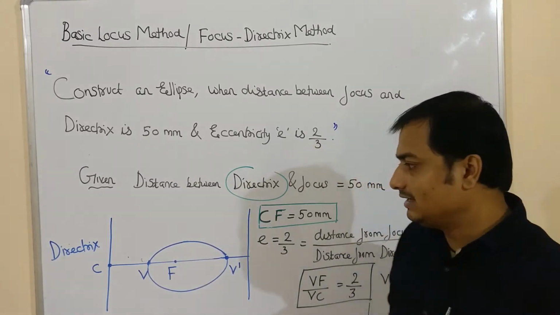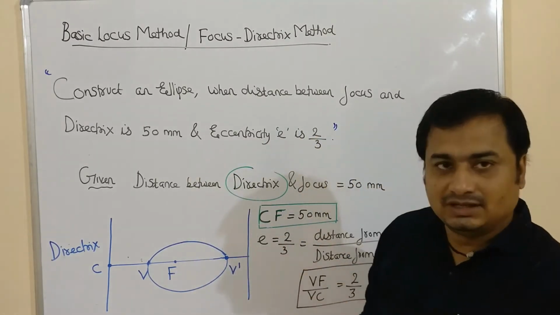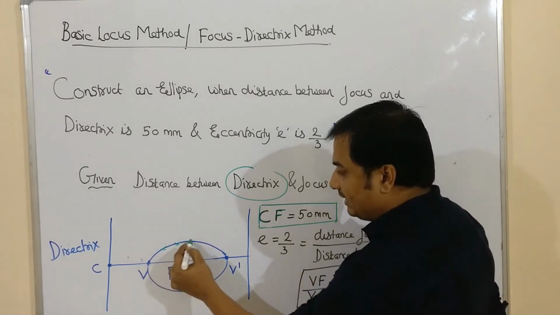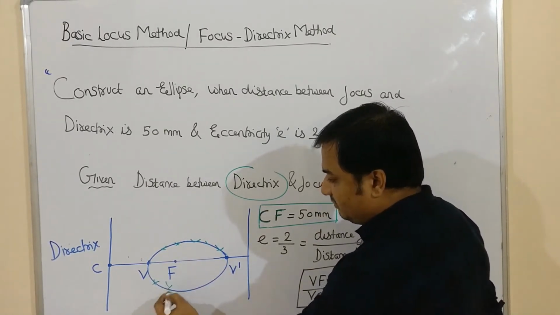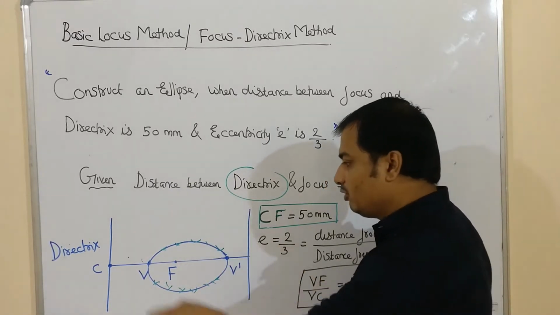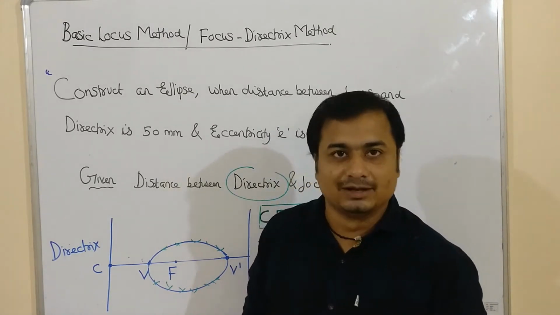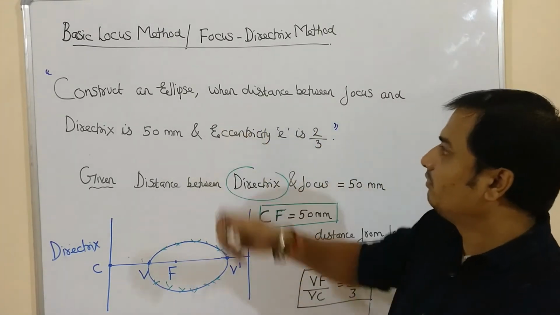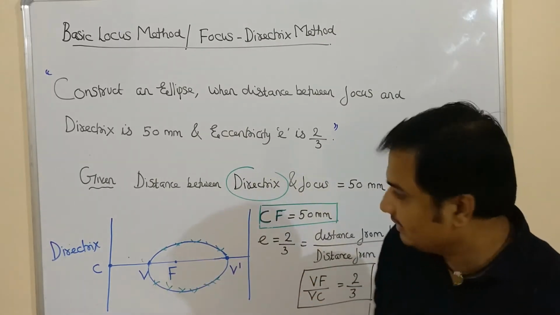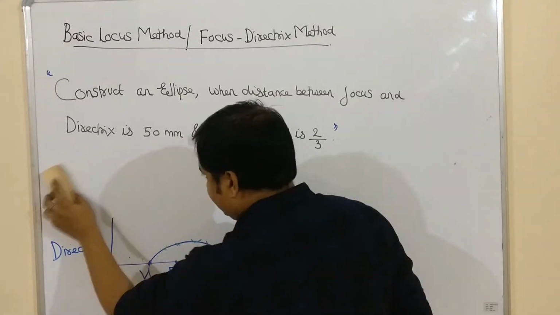As I have already discussed in the last videos of ellipse, all the methods which we have discussed previously were providing us a number of points, so as to join them and obtain the ellipse in a smooth manner. Here also this method is going to provide us a number of points. So how to proceed in this method? Step by step I am going to explain.